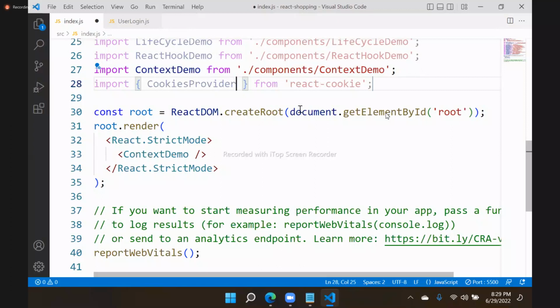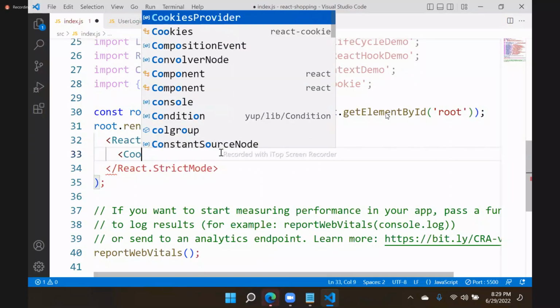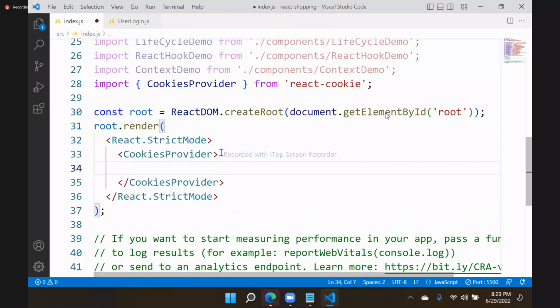From the React cookie library, you have to import CookiesProvider, and you have to use that CookiesProvider here. And this CookiesProvider